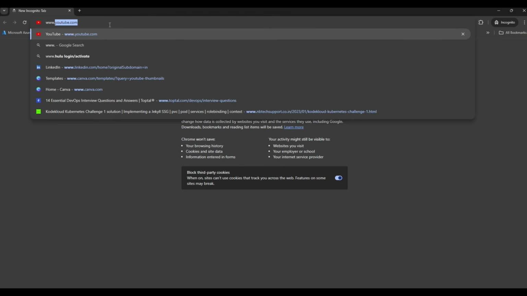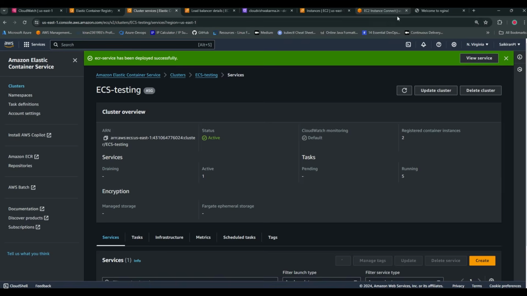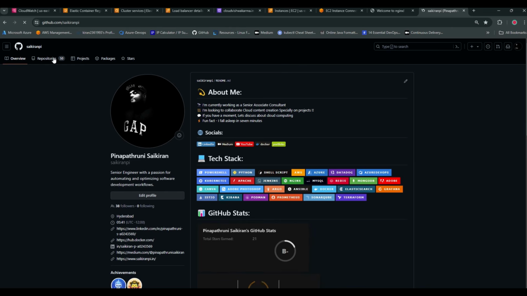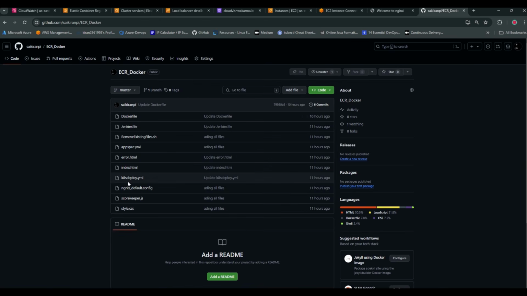What was the domain name? cloudvishwakarma.in. Okay, it's accessible. See the application which we cloned from the GitHub repository. I'll open this again. This application we have cloned, right? The same application we have used for auto scaling groups.